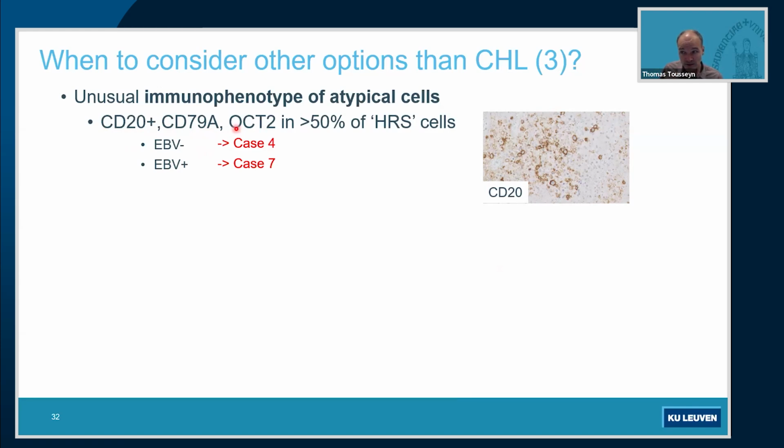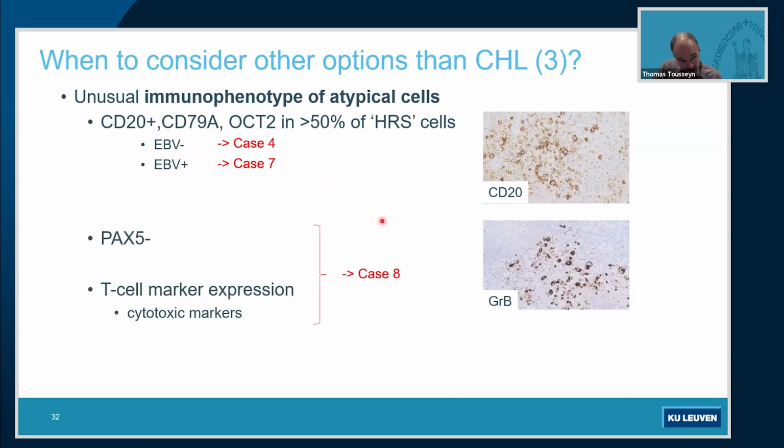Other B-cell markers are typically negative, or at least not present in the majority, as the guidelines say, so in more than 50% of the cells. I'll make a distinction between an EBV negative and an EBV positive case. And I will also discuss a case in which there is completely no B-cell program, but it mimics Hodgkin, that has no PAX5, no other B-cell markers, but has some T-cell markers and some cytotoxic markers. So these are three cases